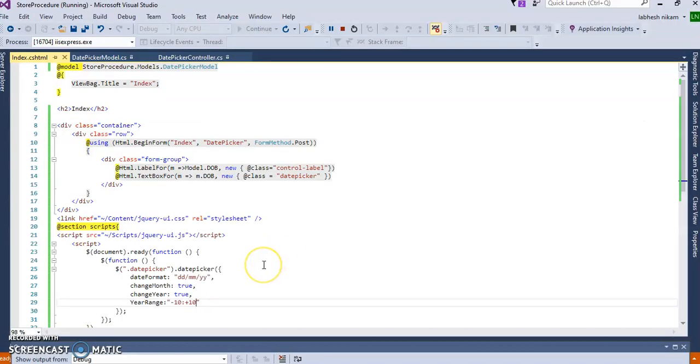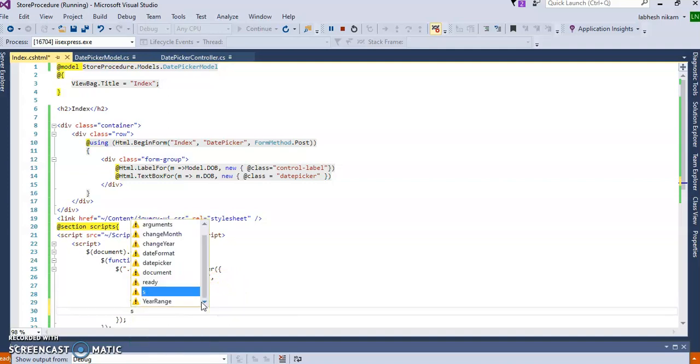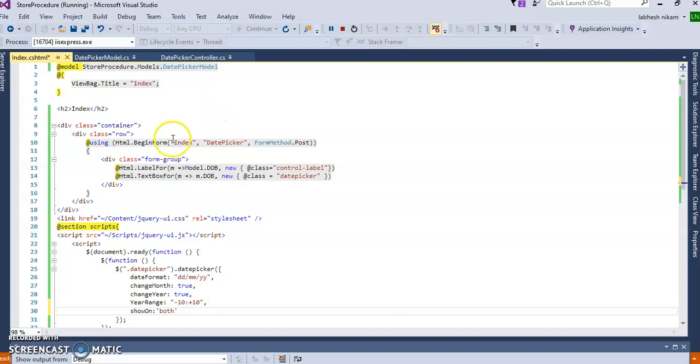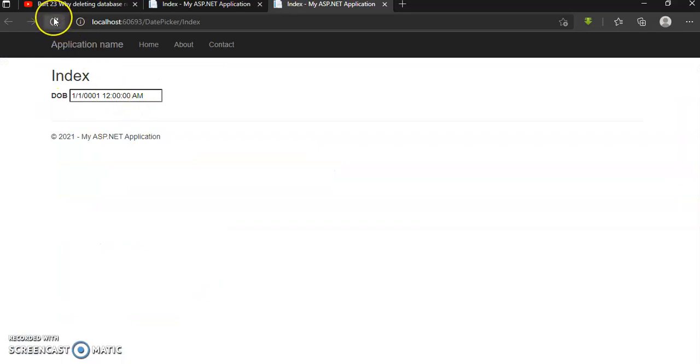And another one is show on both, okay. Show on both. It will display the button with the calendar to display the page of the calendar.